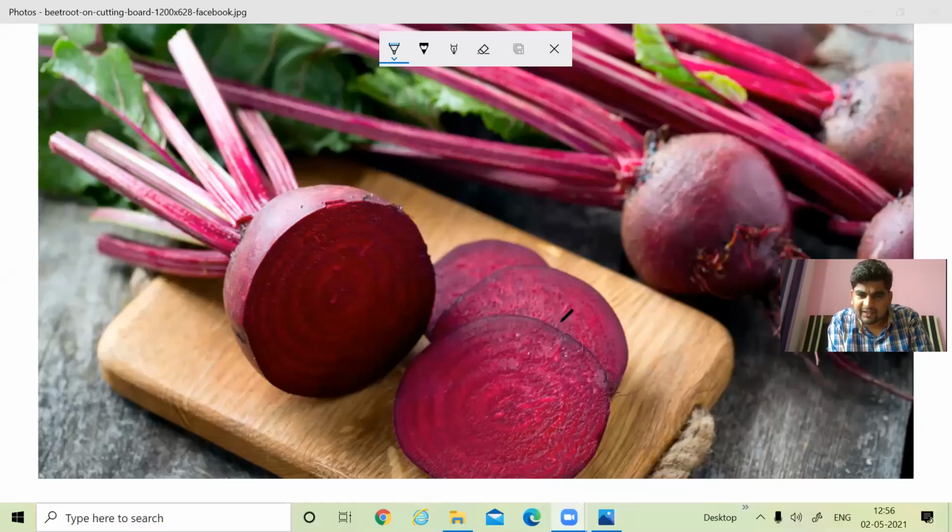So here is this dark layer. This is the periderm, and after that all of the storage part having vascular bundles in between. These holes are showing as xylem vessels. So these are the secondary xylem, and the major portion is storage parenchyma. So that is how the beetroot secondary growth is completed.